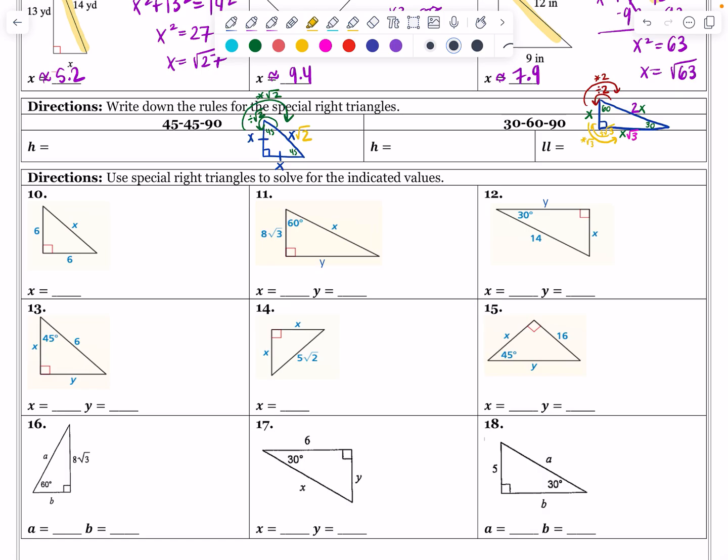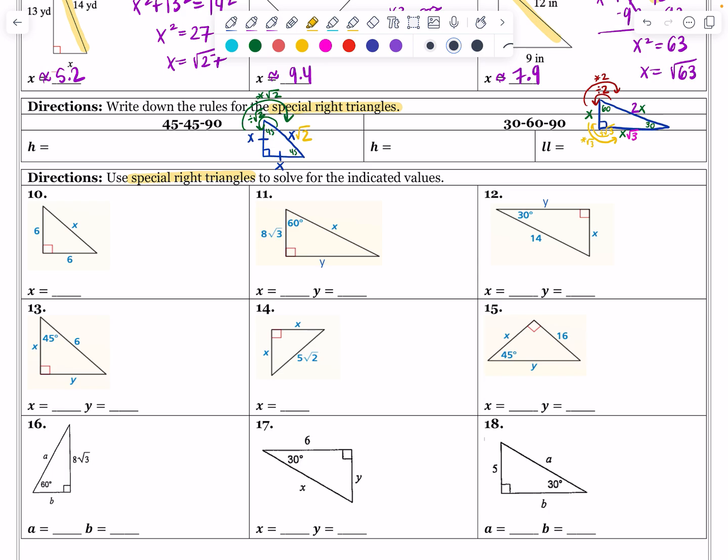Okay, our next section is for special right triangles. The directions say to write down the rules for the special right triangles and then to use those special right triangles to solve for the indicated values. This is one of those situations where knowing these rules, these are shortcuts. This is supposed to make these problems faster and quicker so that you can quickly find and solve for these